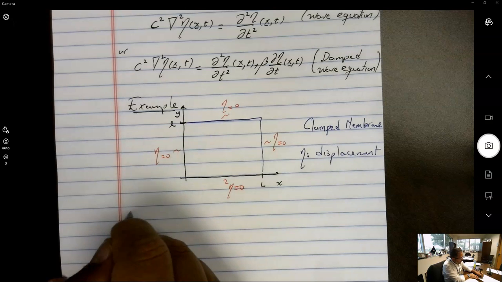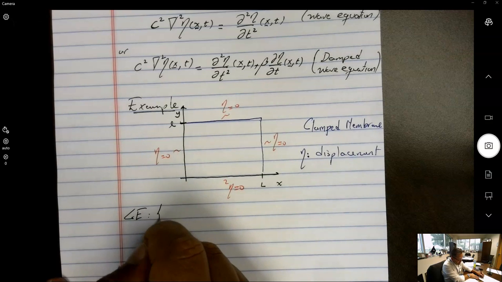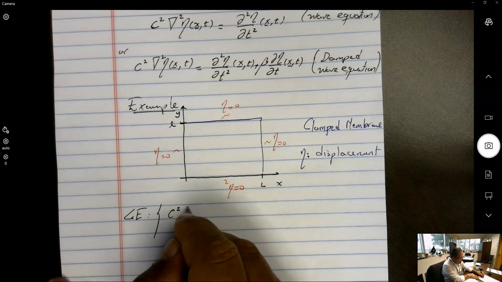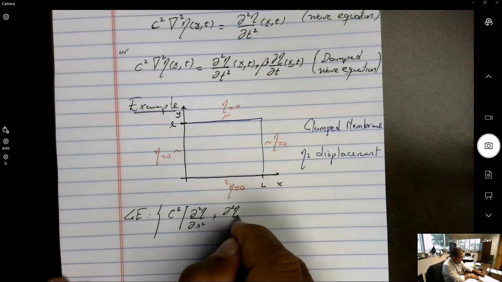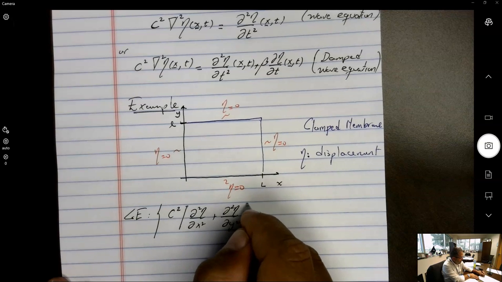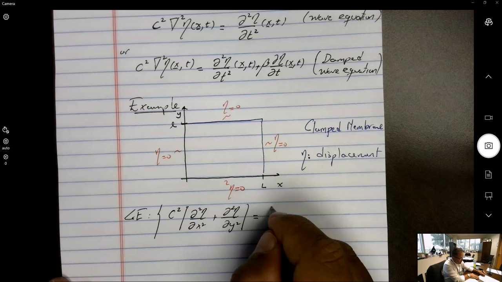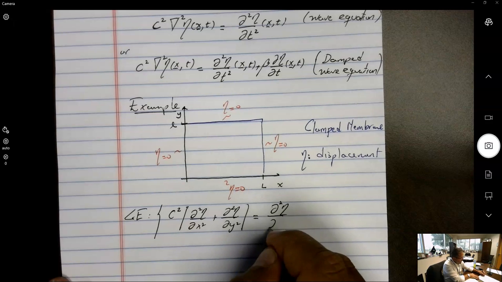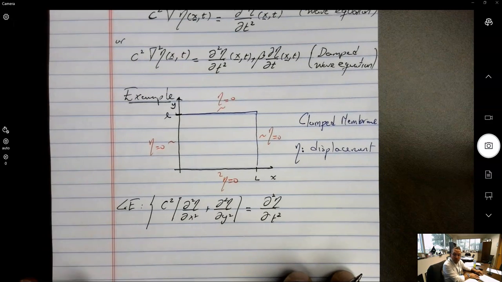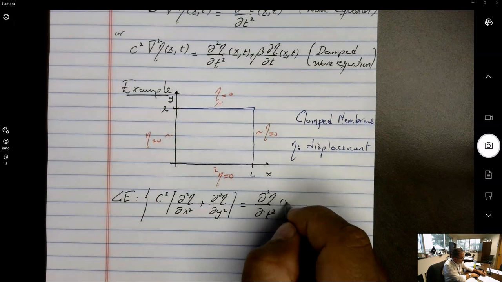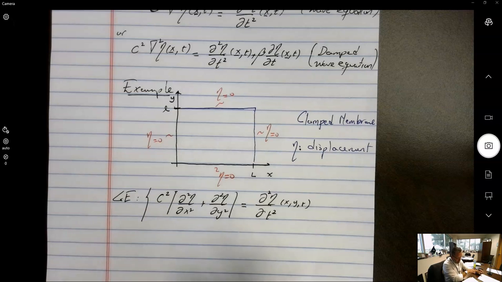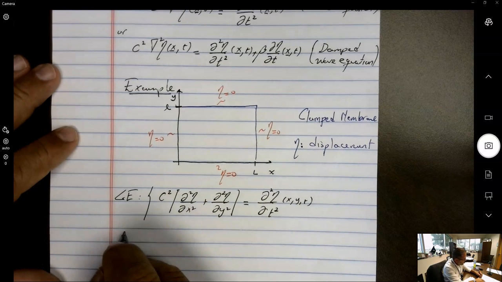So the governing equation for these is c squared times the Laplacian of eta, which is d second eta dx squared plus d second eta dy squared, equal to d second eta dt squared, assuming that there's no damping coefficient. This is an undamped wave equation, which is a function of x, y, and t. All right, with initial conditions,